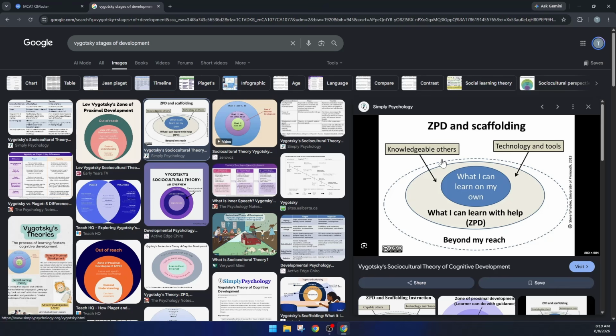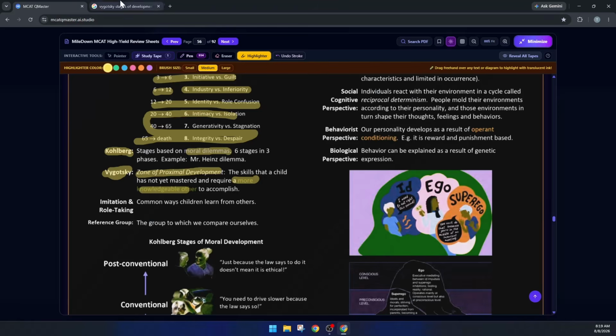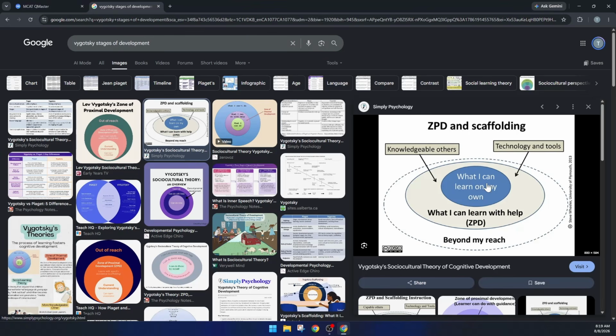So right now, I actually do some speech therapy for kids, right? And this applies to kids because kids have a certain amount of area that they can learn on their own. And I'm just giving this example from my real life experience. This is the area in which they could, for example, in speech therapy, speak on their own, right? This is how much they could do, 5 words on their own. But if I teach the kid and I model new words to them, I show them new words and how to use the words, and I model how I want them to use the words, right? That's me as a knowledgeable other,